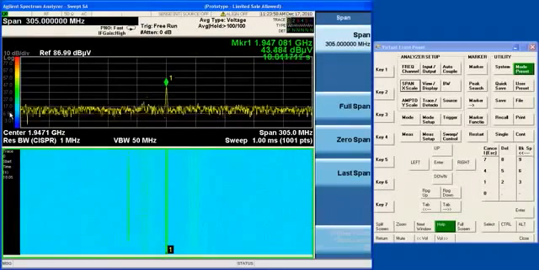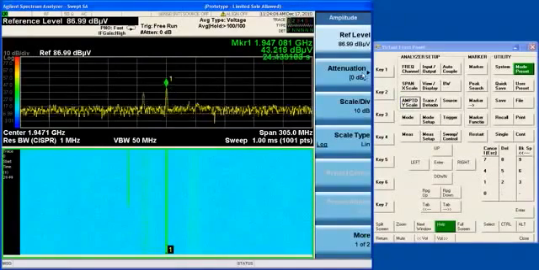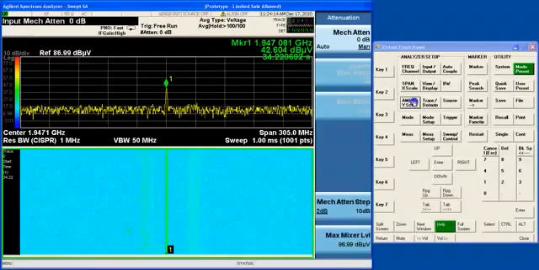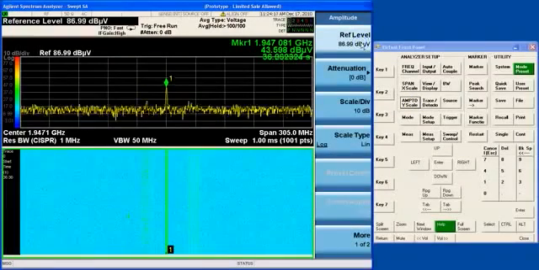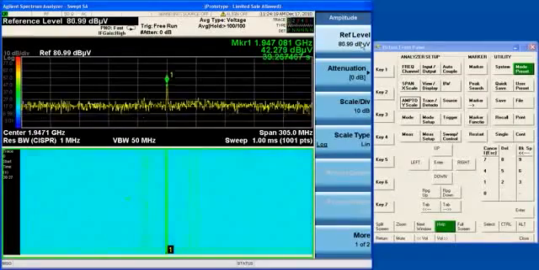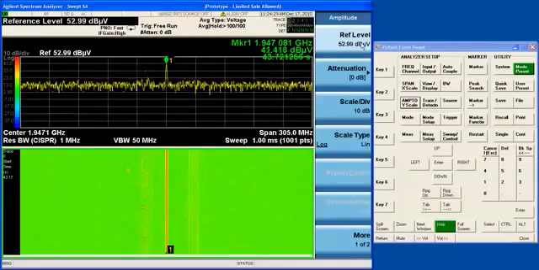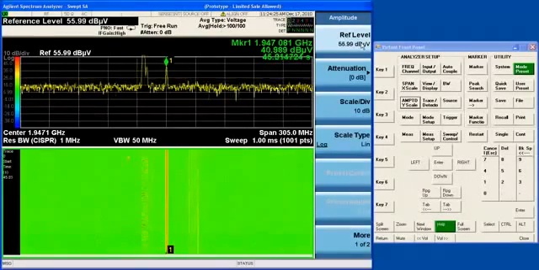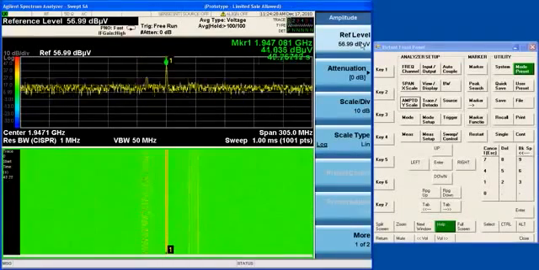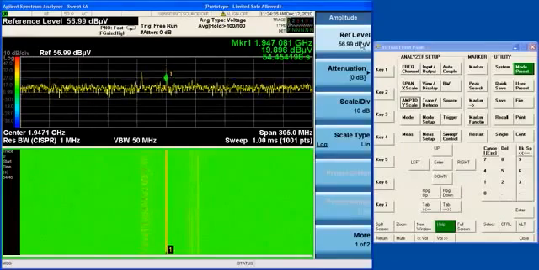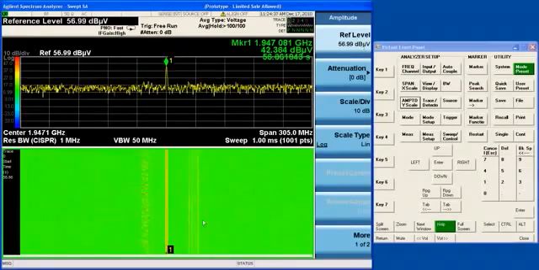colors. So one of the things you can do if you want to make your colors more useful is put your mechanical attenuator in manual and then adjust the reference level so that the color regions move. You can see that the eye sees contrast better between some colors than others. And so now this signal that's coming and going, I can see it as these little red regions over here